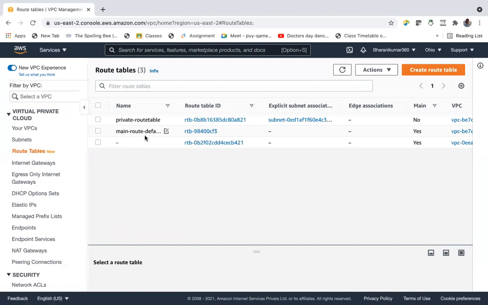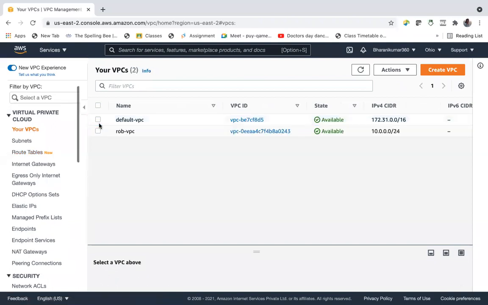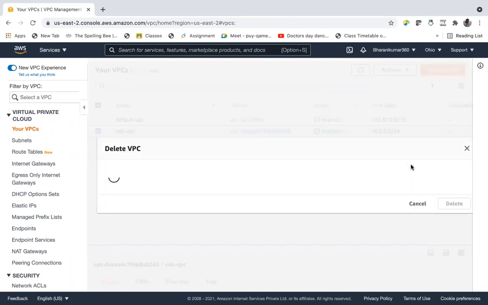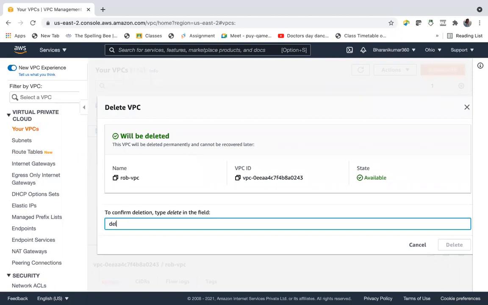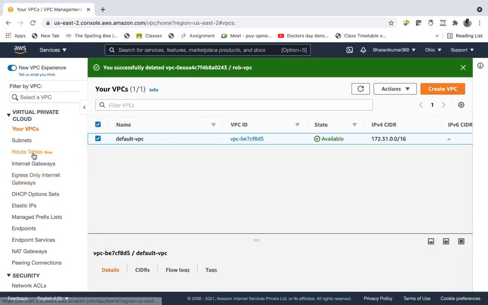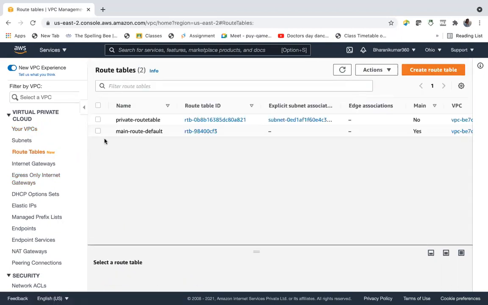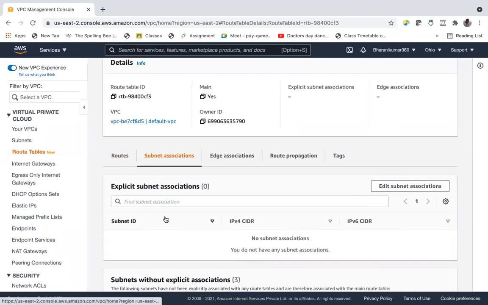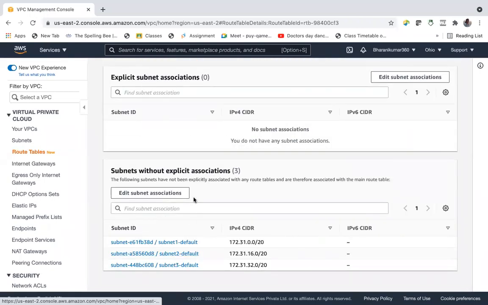So now I have 3 route tables. Anyway, I have an extra VPC here. Let us delete it anyway. And coming to route tables, that extra route table is gone when I delete the VPC. So the main route table, default, is a public one, and it has 3 subnet associations, and these 3 are availability zones also.